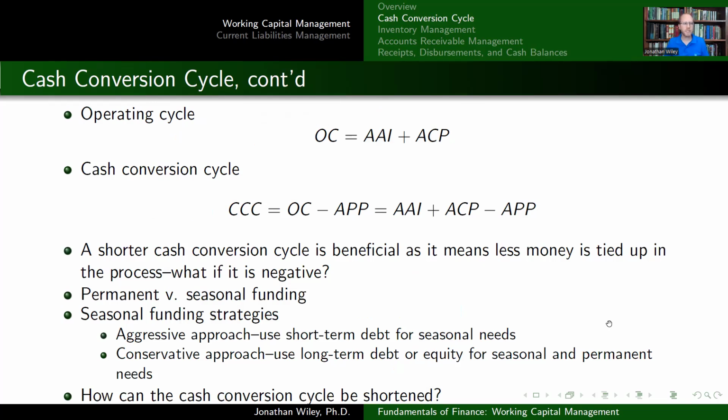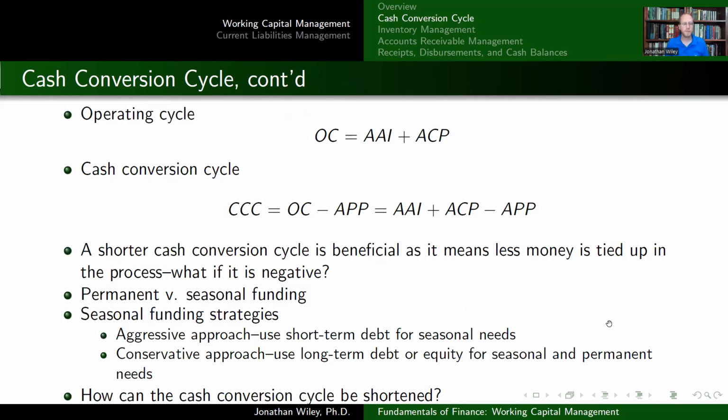Well, a shorter cash conversion cycle is beneficial because it means that less of my money is tied up in this process. So if I had a cash conversion cycle of 50 days, that means my money is tied up in these short-term assets of inventory and receivables for 50 days. If I can get that cash conversion cycle down to 40, I only have that money tied up for 40 days. If I can get it down to 10, I only have that money tied up for 10 days, which means I can reuse it in 10 days,